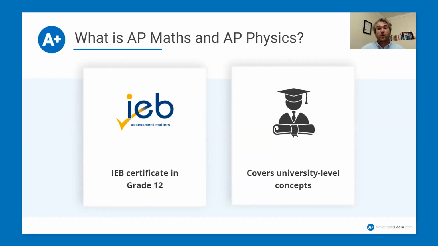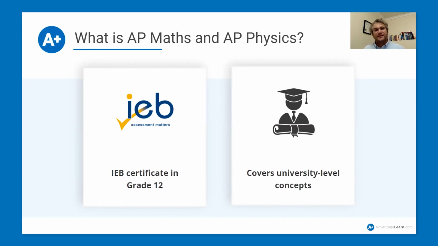Unfortunately, many learners are being tripped up in their first year of university by largely mathematics or one of the more technical courses like physics or applied mathematics, which is very similar to physics. These advanced programs are exceptionally beneficial to ensure that you are well equipped to succeed moving into university.